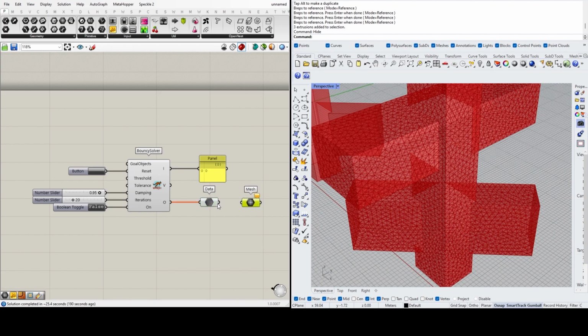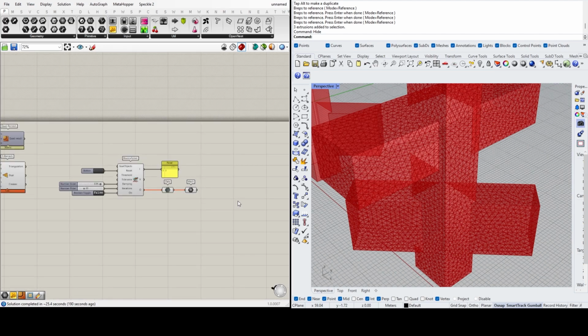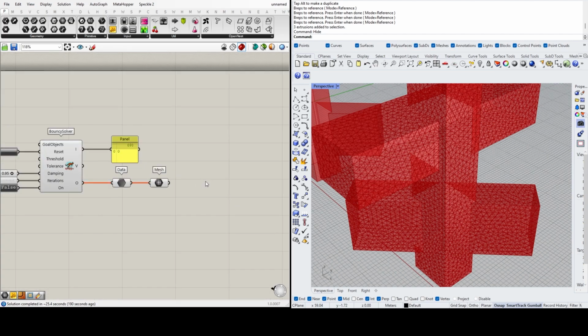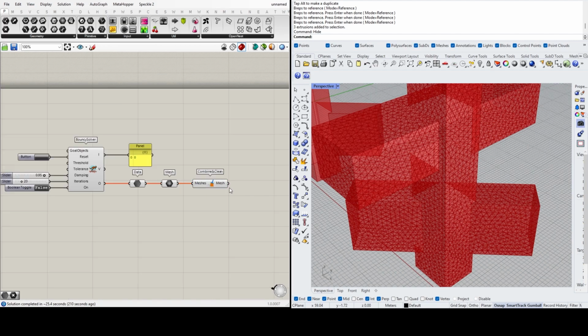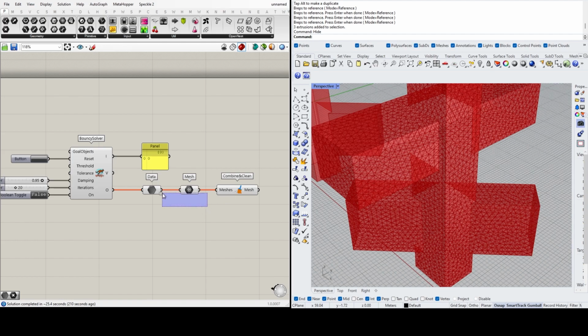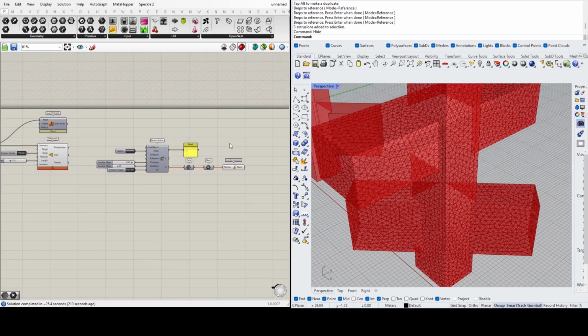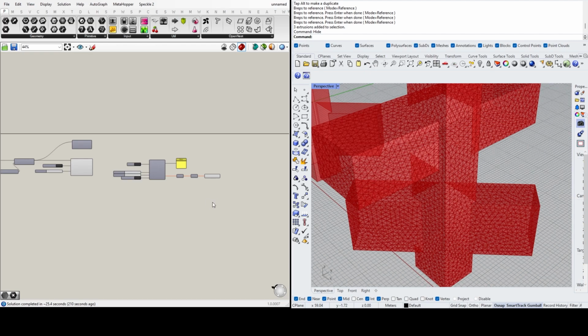You could always go just directly mesh into it, but I like to keep it a little bit organized. And then after mesh, we will do Combine and Clean. So this cleans a list of meshes, removing unused and duplicate vertices. So it essentially cleans up your mesh. Okay, like these,